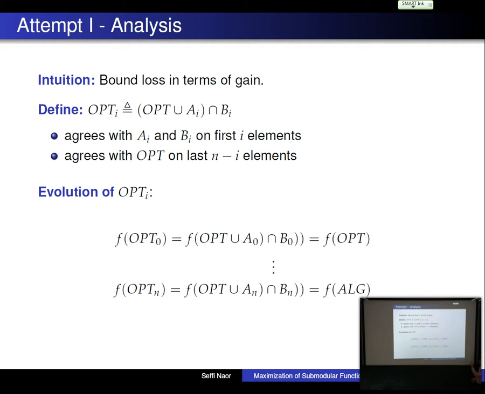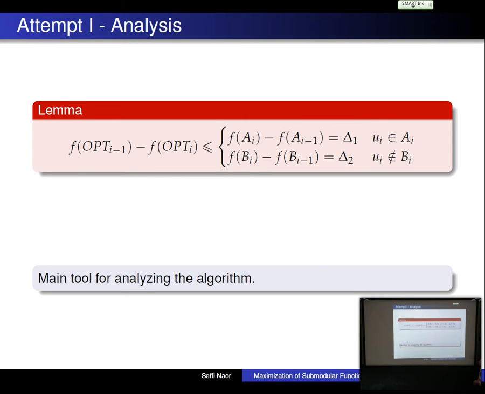So initially, opt_0 is just opt, and opt_n is just the output of the algorithm, so opt_n is equal to A_n and B_n. Now, the main observation, the main lemma, I won't prove it here, the proof is not difficult, is that